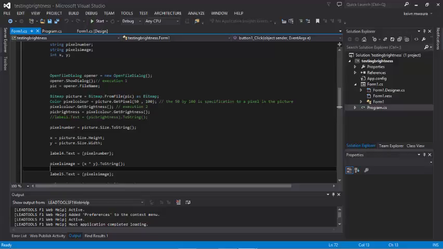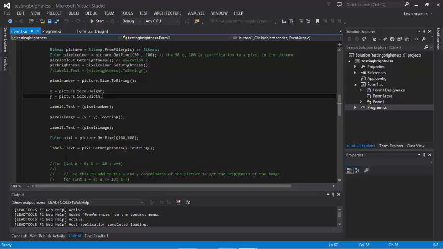In this particular execution, we're going to get the brightness value of the pixel 50 by 100. Do not get confused, these are not 2 pixels. This is a reference to a pixel in a position of 50 by 100, because an image is a graph of pixels. You get that? Right there we get the number of pixels, and then the pixel image,